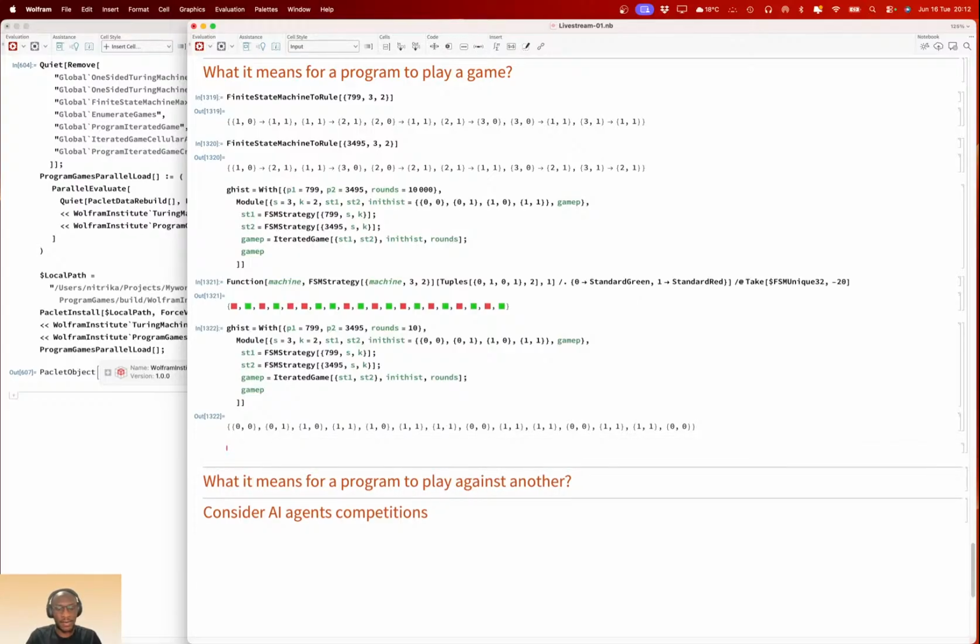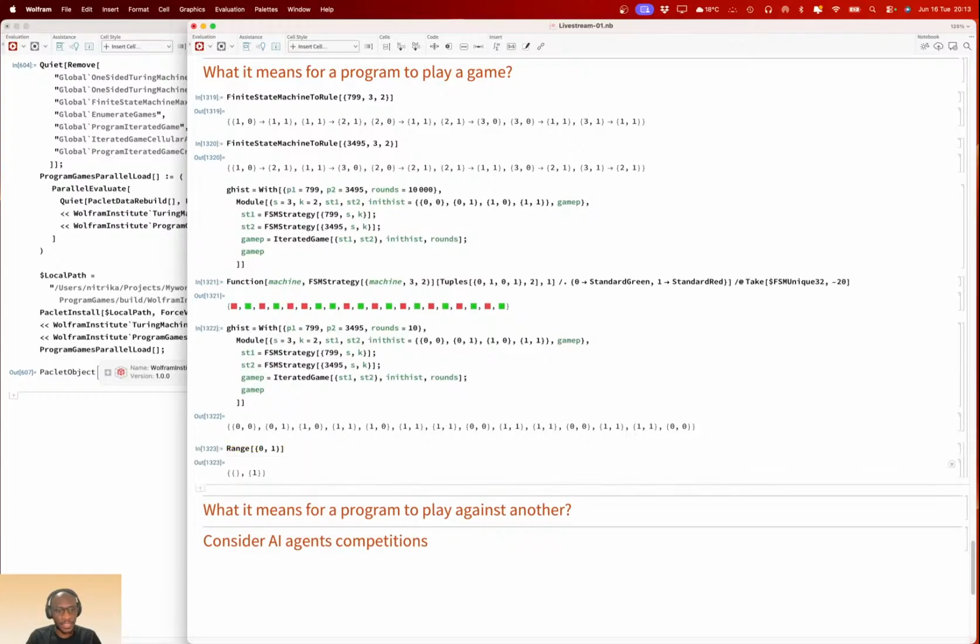The number of moves is just 2, which means that we are only making a 0 move or a 1 move. In Prisoner's Dilemma, it just means you're cooperating or you're defecting.